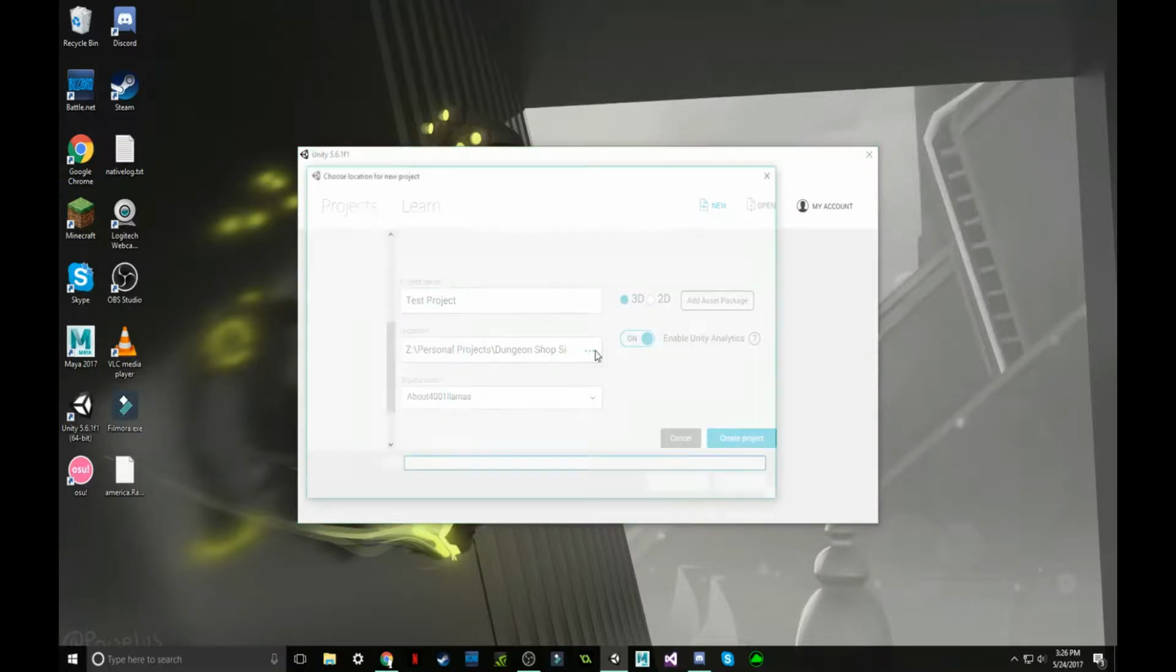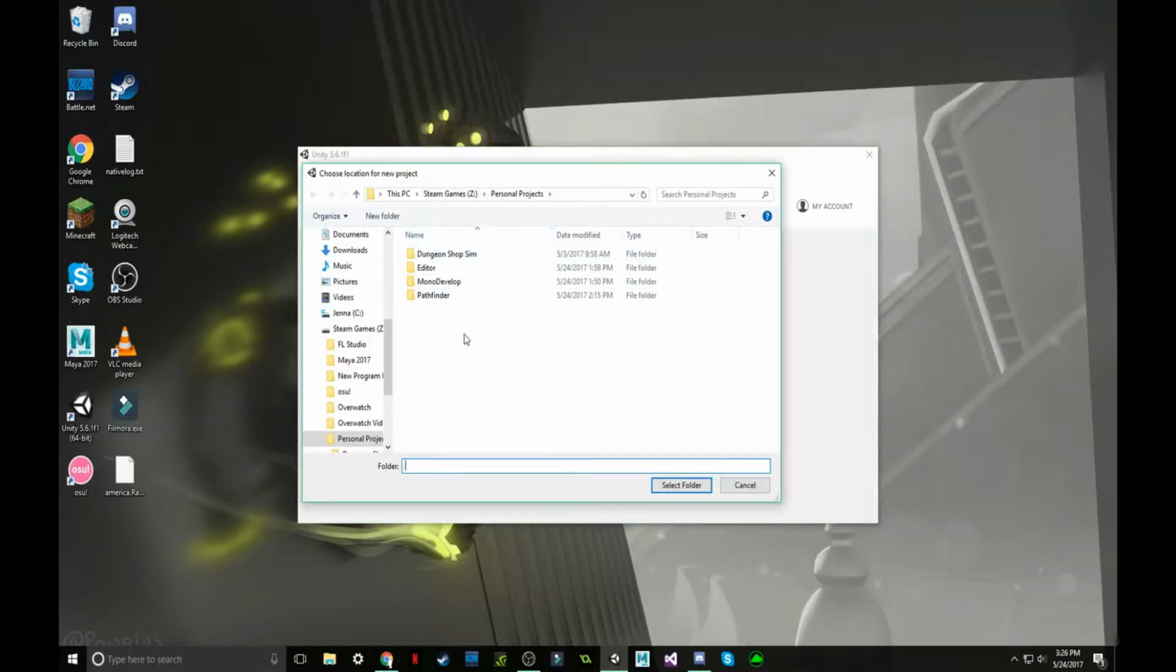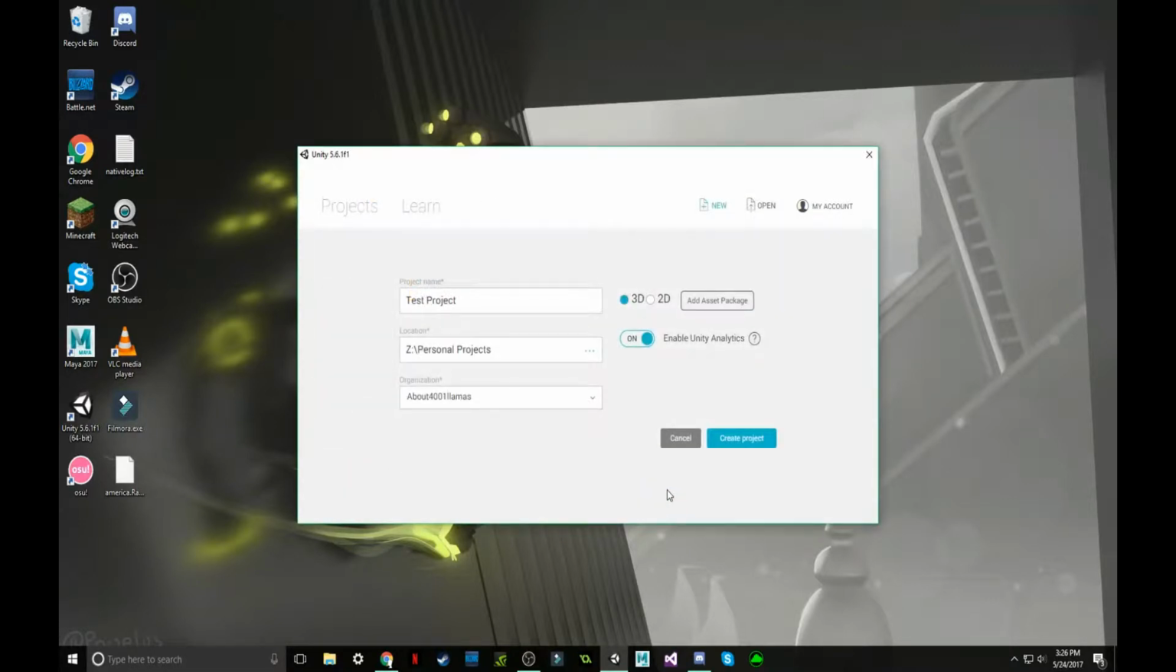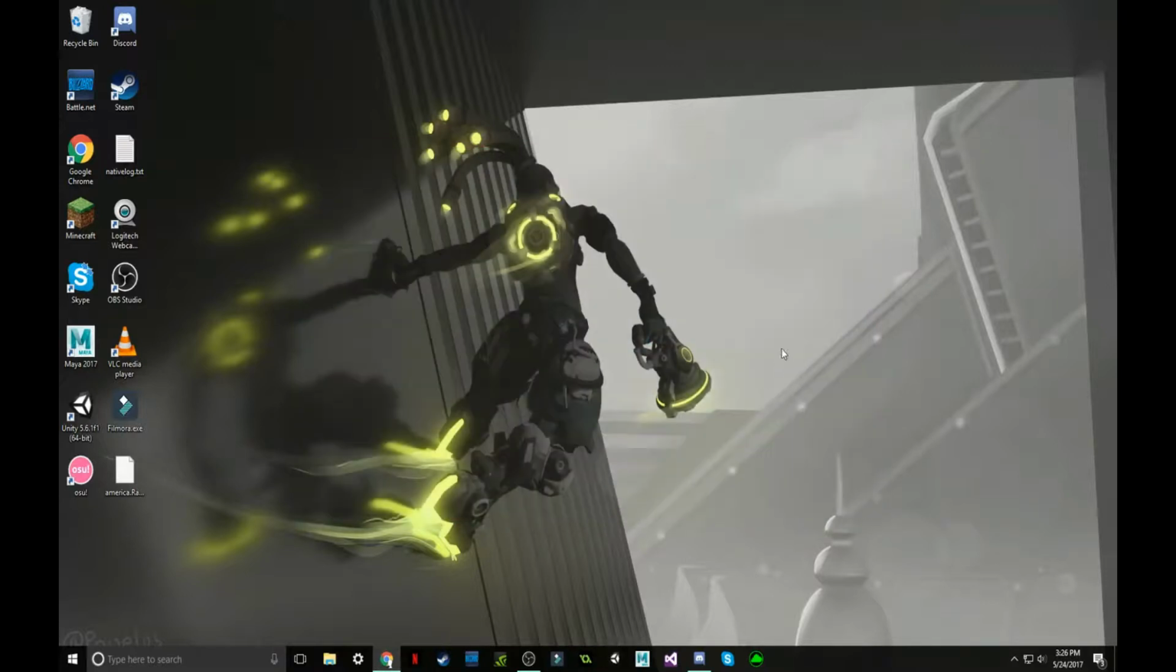We're going to save this under my personal projects and right down there. We're going to keep it 3D for now, and we're not going to add any asset packages. Asset packages are really nice because they come preloaded with stuff that you might need, but you really don't need them if you're just making a game in your free time, because you're going to be making a lot of your assets yourself. So after you do that, go ahead and create project, and it's going to have a fairly long load up cycle,